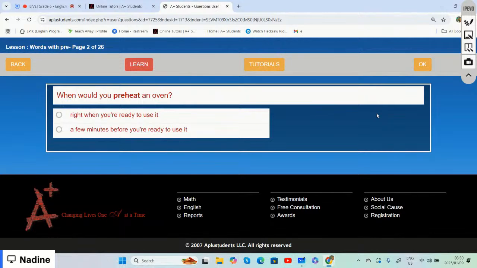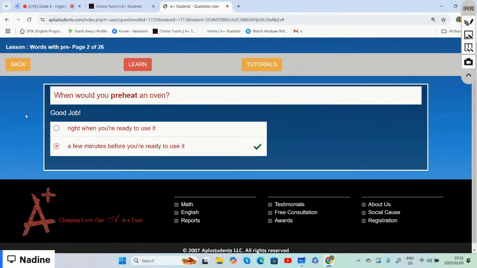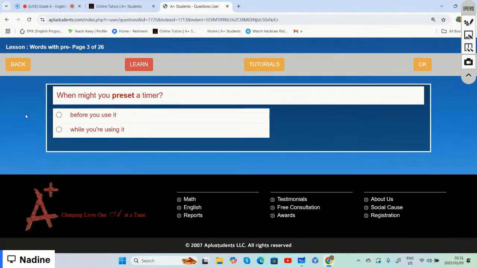And if we were to choose the correct option, then we would say that you would preheat an oven a few minutes before you're ready to use it. All right,